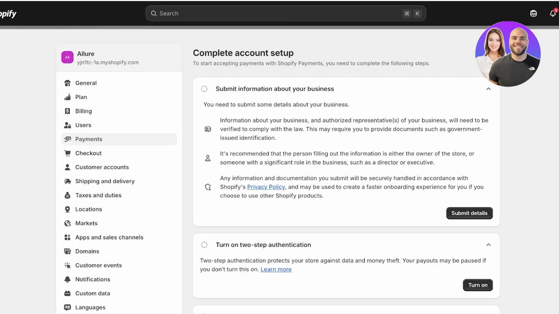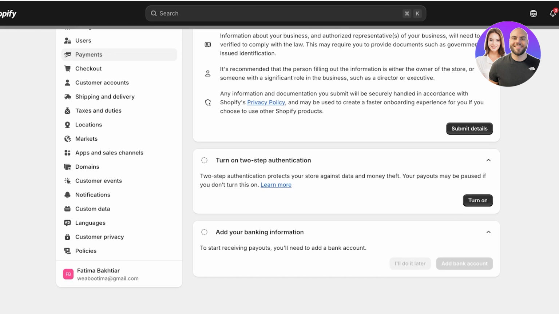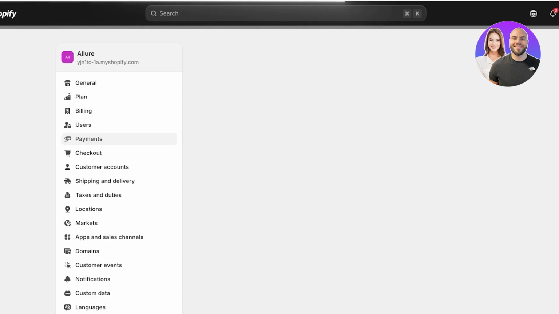Then below that, you have 2FA, so it is recommended to turn on two-factor authentication before you enable payments, and your payouts may be paused if you don't turn this on. Then after that, you have to add your banking information. So to be able to receive your payouts into your bank account, you do need to add that information over here. And once you submit these details, you can click on Submit Details,